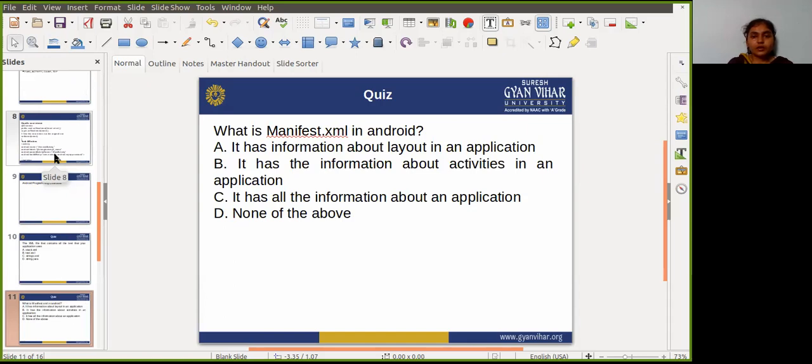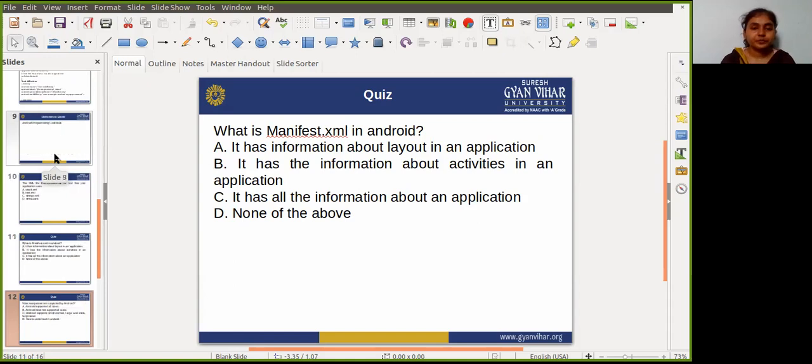So what is manifest.xml in Android? In today's lecture we talked many times about the manifest.xml file. Here are four options: it has the information about layout in the application, it has the information about activity in an application, or it has all information about an application.